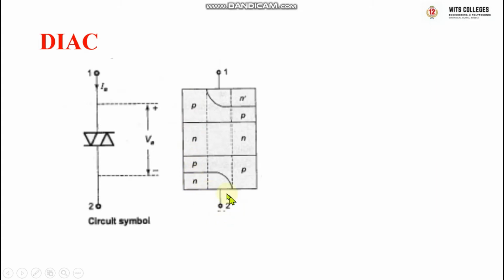When terminal 2 is positive with respect to 1, means 2 is positive, 1 is negative, in this case current flow is possible through PNPN dash. So this is the path when terminal 2 is positive with respect to 1, and this is the current path when terminal 1 is positive with respect to terminal 2.